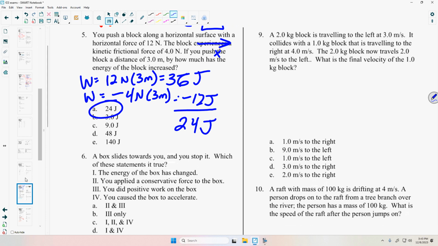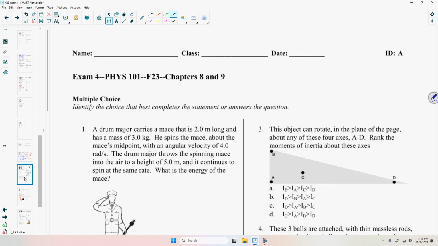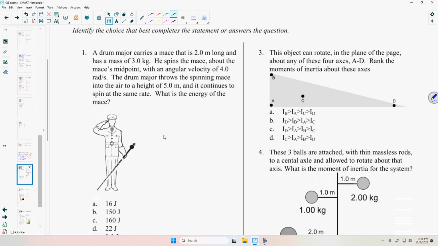And Bethany, you had asked about the mace problem too, right? All right, can we do that one first since it's right here? So here, this was a total energy, which means I need the translational energy plus the rotational energy. Actually, never mind. Because I'm throwing this thing up in the air, I want to know the potential energy plus the rotational energy. He throws it up in the air, and then it comes back down again. So that's potential energy, which is